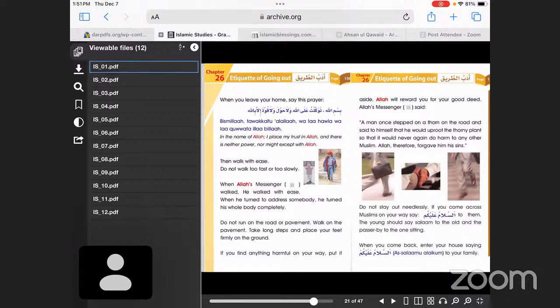He did not run on the road or pavement. Walk on the pavement, take long steps, and place your feet firmly on the ground. If you find anything harmful in your way, put it aside. Allah will reward you for your good deed. Allah's Messenger said, a man once stepped on a thorn on the road and said to himself that he would uproot the thorny plant so that it would never again do harm to another Muslim. Allah therefore forgave him his sins. Do not stay out needlessly. If you come across Muslims on your way, say